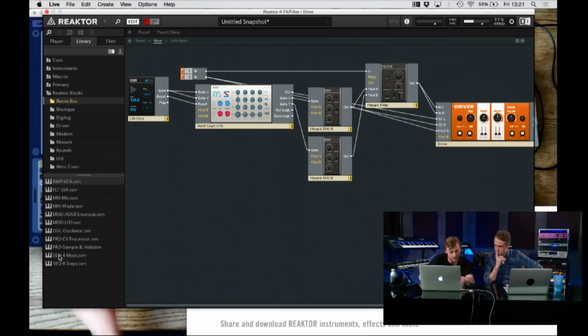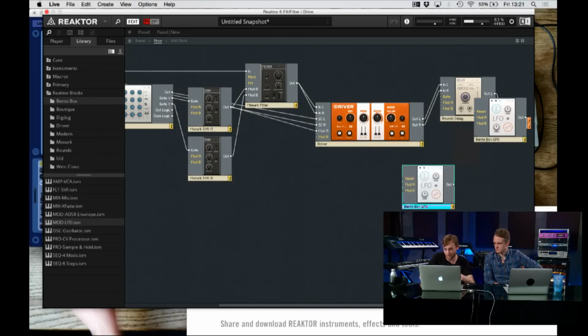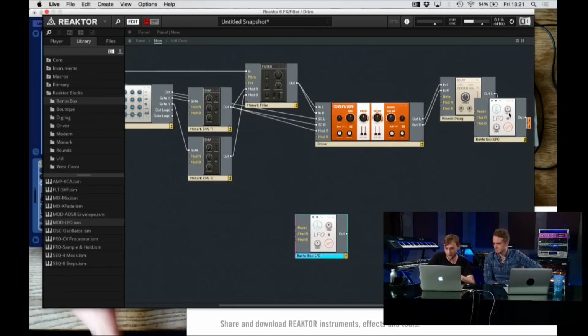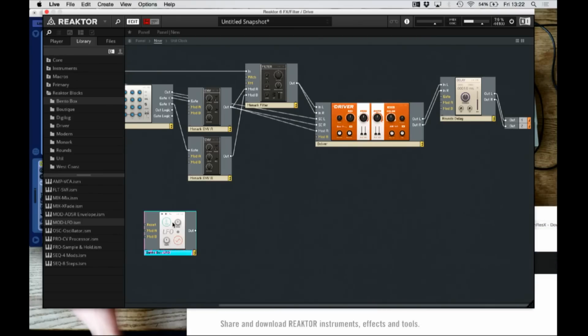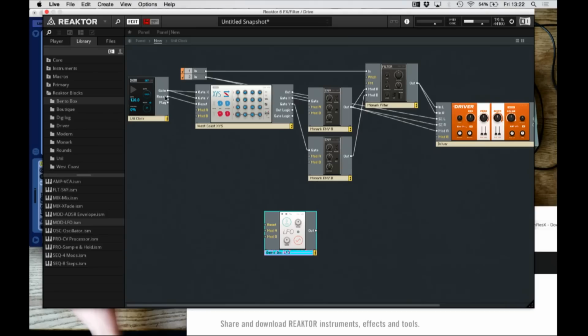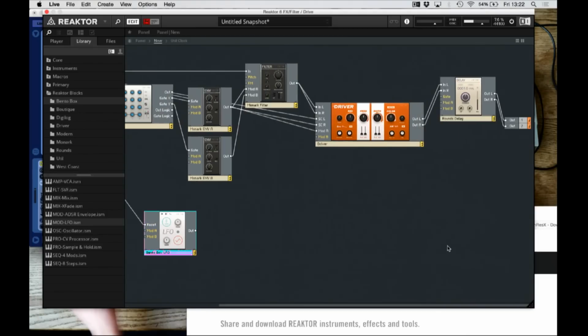What I thought might be quite good fun would be to add some to the delay time. I think it will probably be the most interesting and obvious effect for us to do. So I'm just going to add a bit of positive modulation there. Now you can see already that A input is flashing, so that means that I'm definitely getting something from that LFO. If I turn that up,